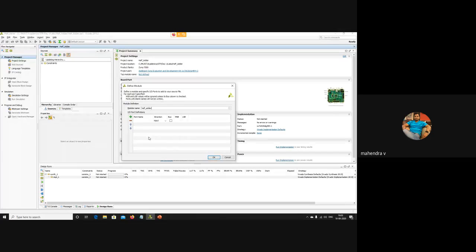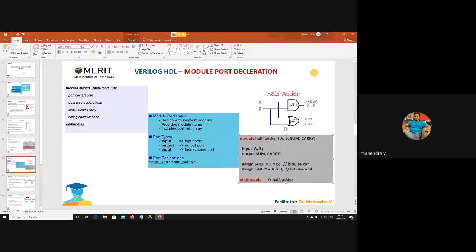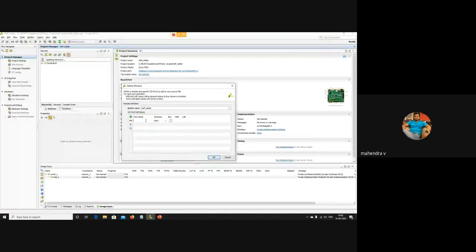After this, you will get one pop-up window. This is half adder. Since we gave half adder as the source file name, the same source file name is acting as the module name, half adder. That is the module name here. This is the name of the module. Now it is asking us to give the inputs. What are the input pins you want to select? Since we have decided to implement the half adder,